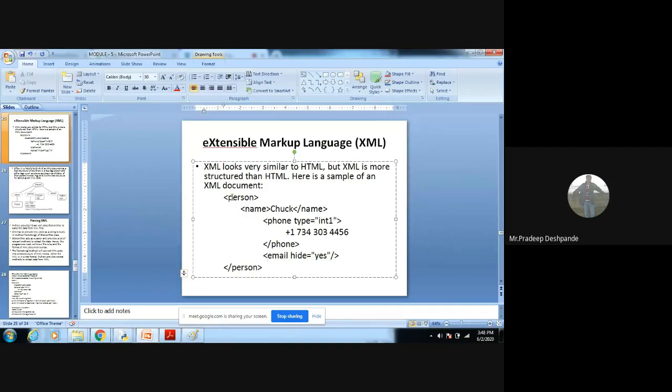So this is how we can write XML files. These are all self-defined. The person tag is not available in a tag library. This is defined by the user. We can create our own tags, but it must have the structure. As we go through different examples, we may come to know. This is how extensible markup language looks. Now we have to parse these extensible markup languages in websites.